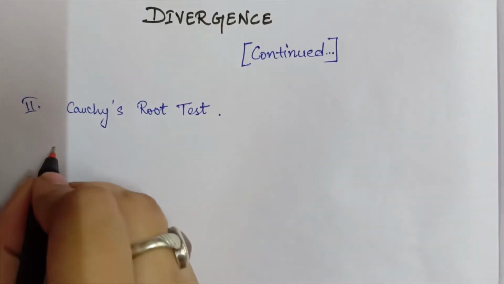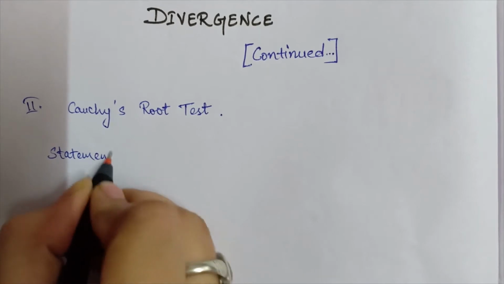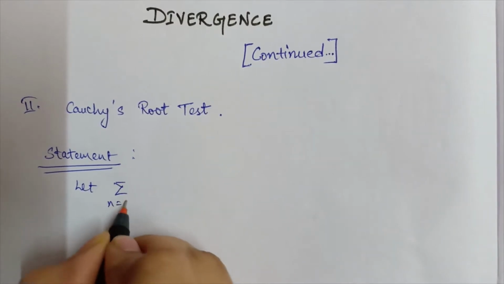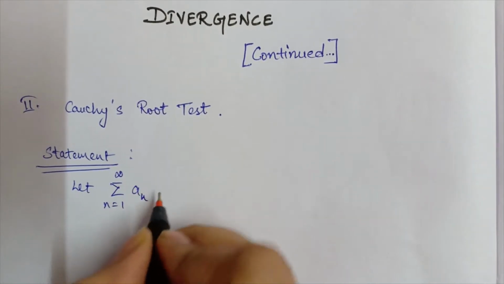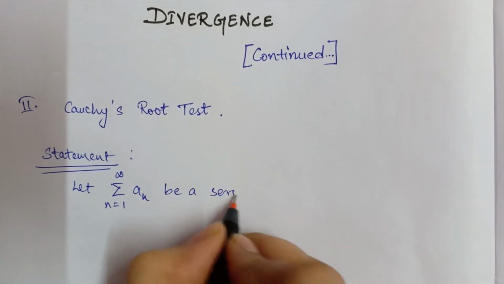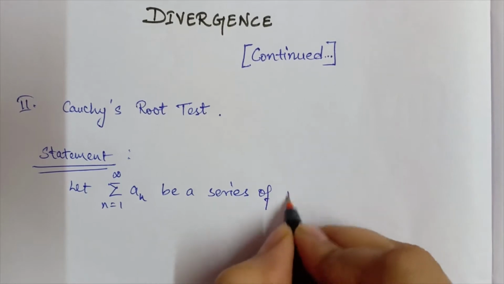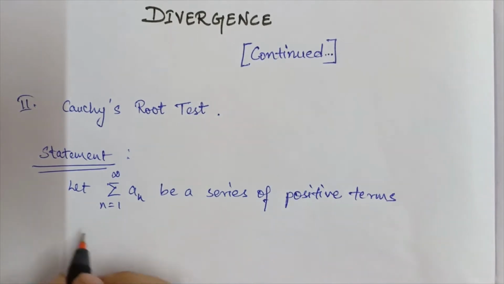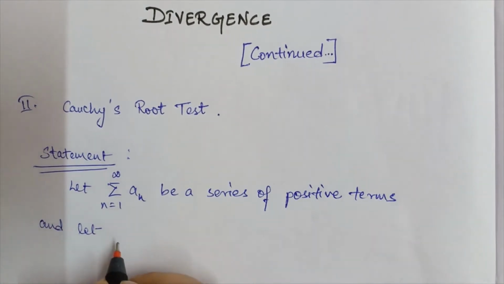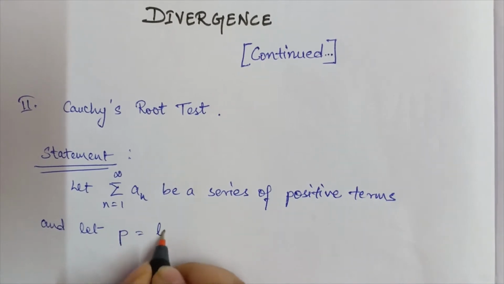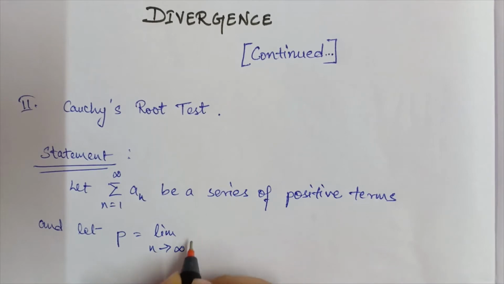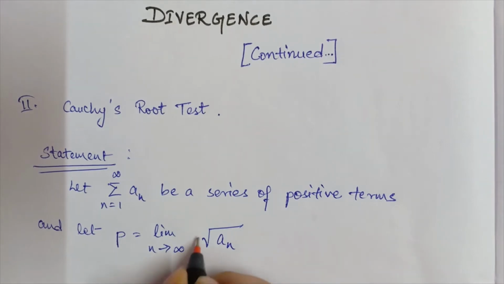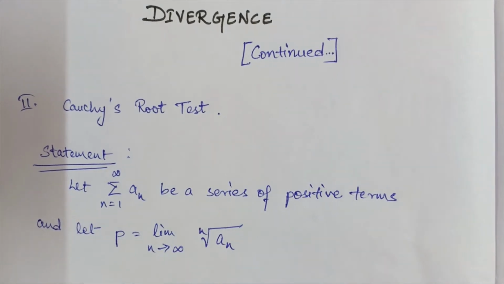The statement is: let summation n equals 1 to infinity an be a series of positive terms, and let p equal the limit as n tends to infinity of the nth root of an. Then